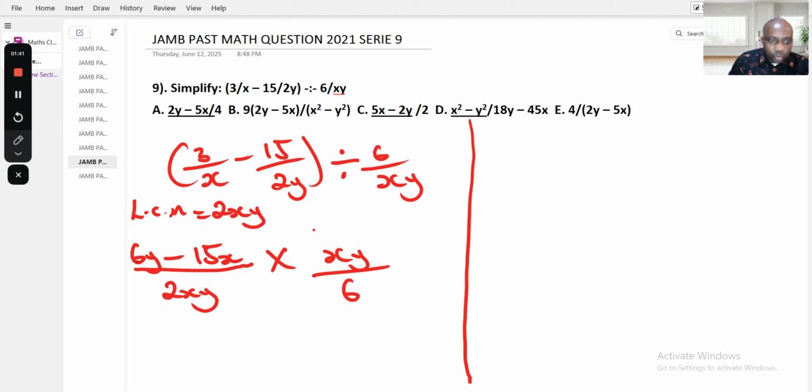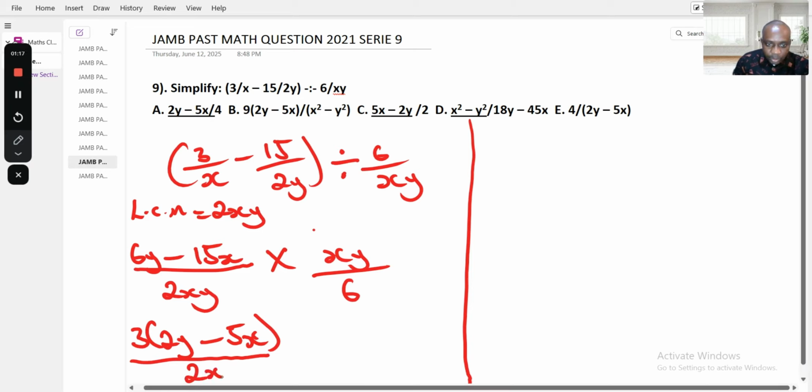Now, let's factorize this one. 3y minus 15x. What is the common factor here? It is 3. How many 3 can we see in 6y? We see 2y. Minus, how many 3 can we see in 15? 5, isn't it? 5x over 2xy multiplied by